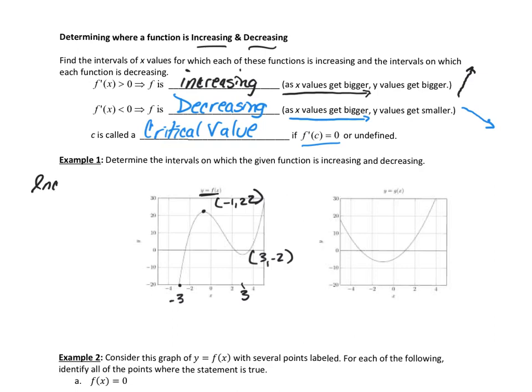This guy is increasing on certain intervals and decreasing on others. And we write them as intervals of x values. So let's take a look at what's happening. As x goes from left to right, these y values are getting larger, so that means from -3 all the way to this guy's x value, on this interval, this function is increasing. So it is increasing from -3 to -1. I cut it up from left